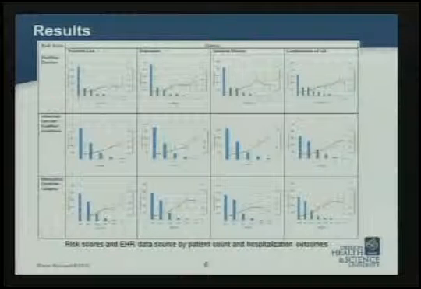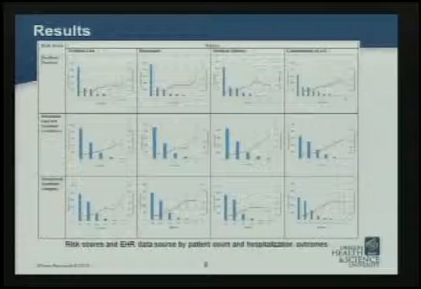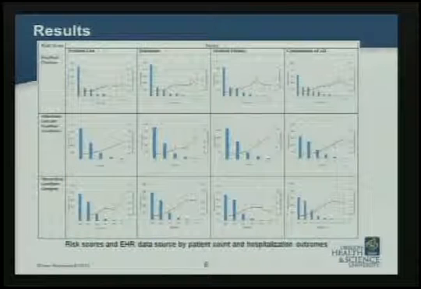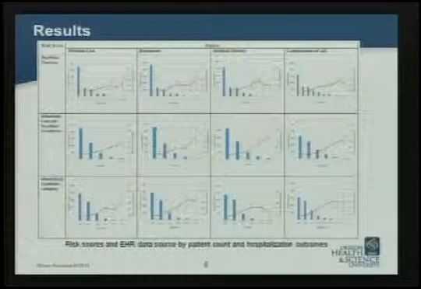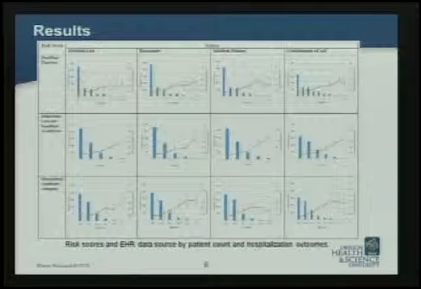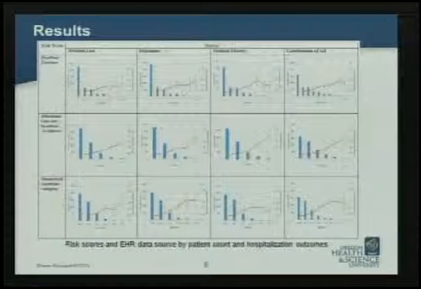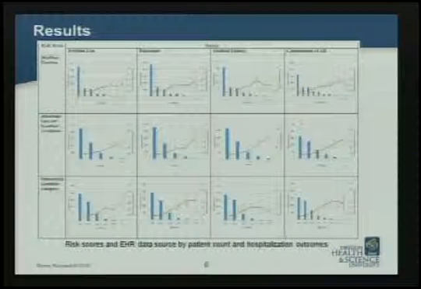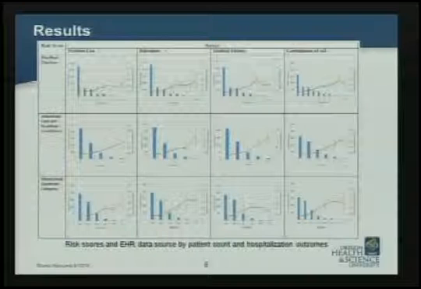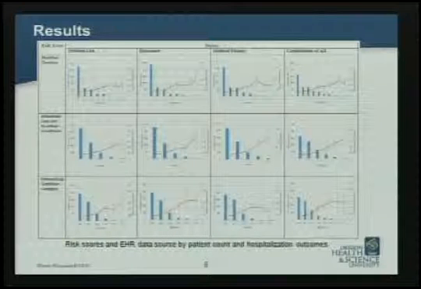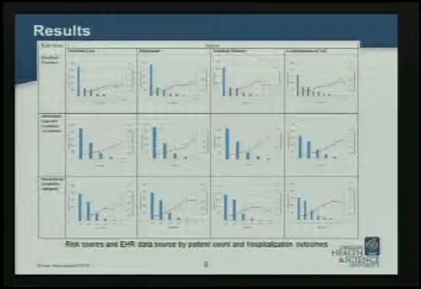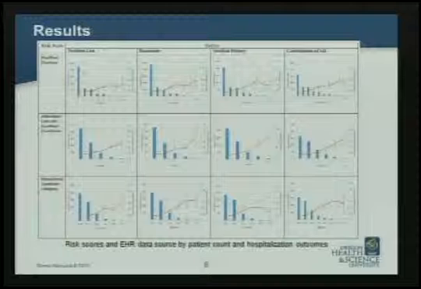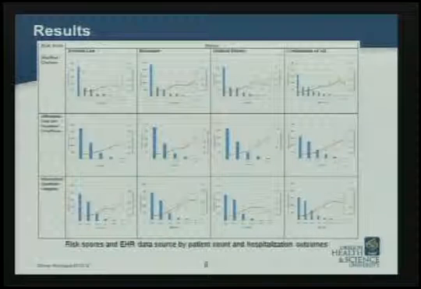This is an example of one of the tables that I created, which is one of 3, and they will be going into the outcomes paper that will be getting published later on. And this particular table is looking at hospitalization outcomes. So it's organized in the sense that you can look through the columns, and it's organized by the different EHR sources that we pulled the data from. And then the rows represent the different risk score algorithms that were used to generate the risk scores. One neat thing about these tables is that all the axes are standardized, so it makes it very easy to look down the columns or across the rows to see general trends amongst the different scores.